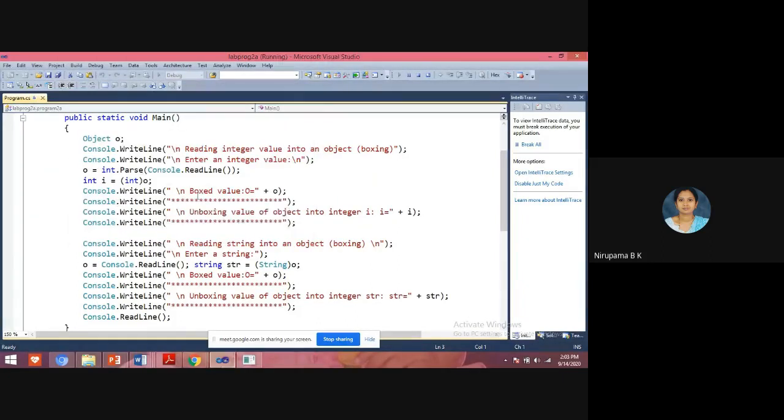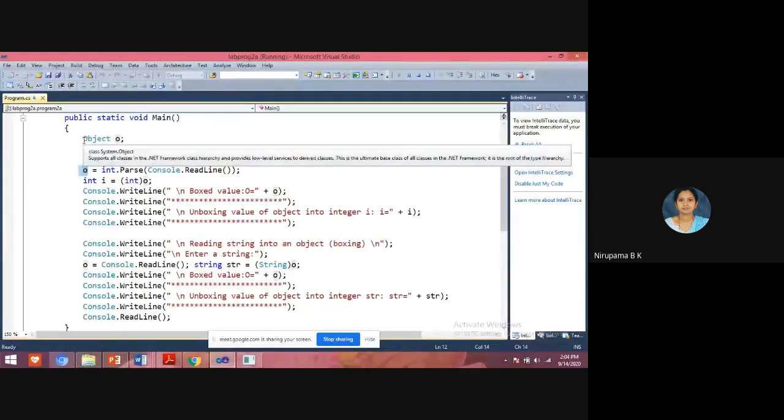See here, you see the code. I'm taking the value from the keyboard and storing it in the variable O. Here I have taken the data type as only object. In the variable O, whatever value I store is a boxed value, because it is of type object.